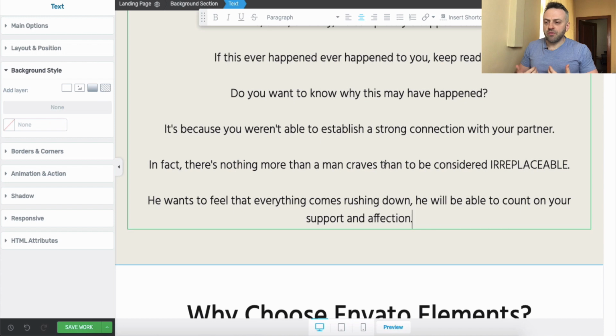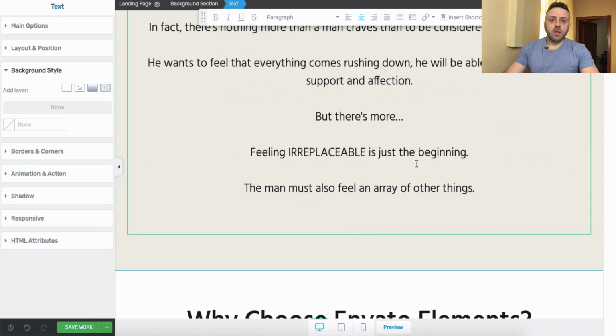We want the woman to feel, okay, I understand. We want her to experience a light bulb moment and say, oh, this makes sense. This makes a lot of sense. And then we can sell the product. And then we're going to continue talking about some of the other things that they need to experience, really to understand what's happening, okay? The man must also feel an array of other things, such as,